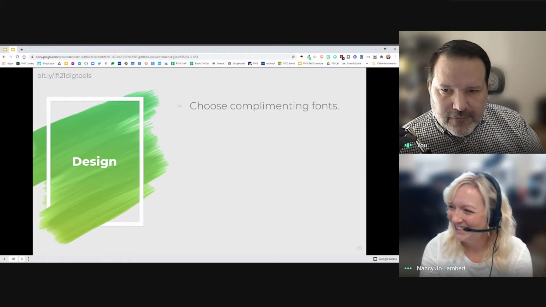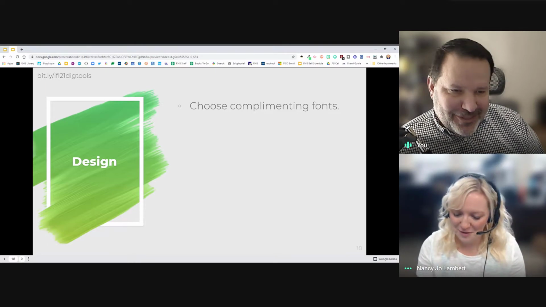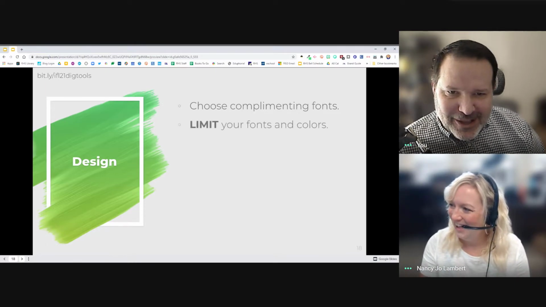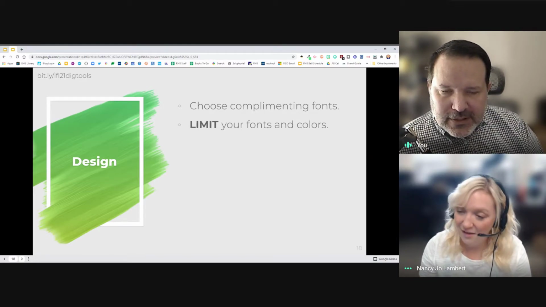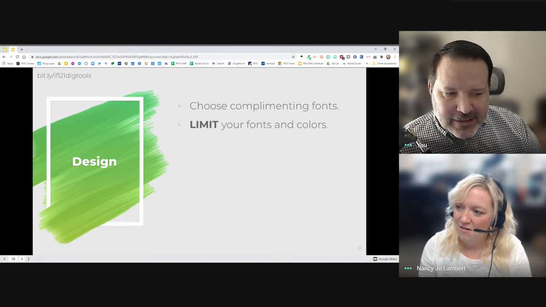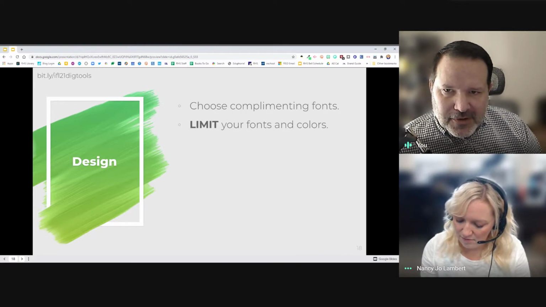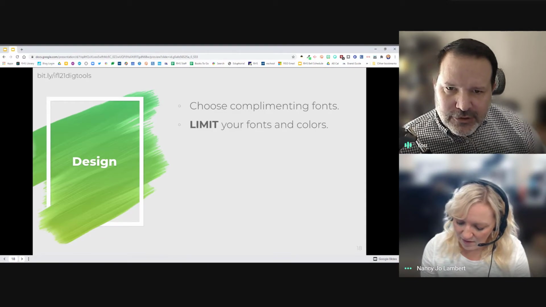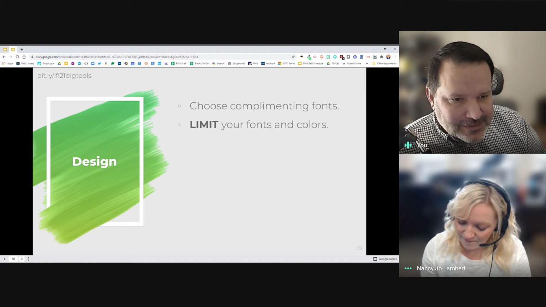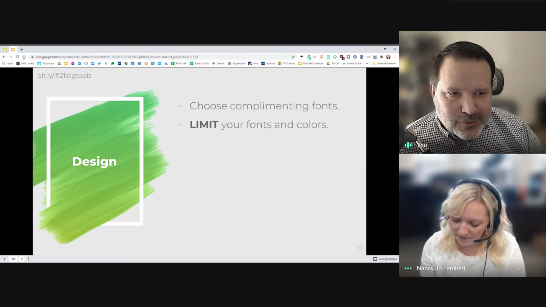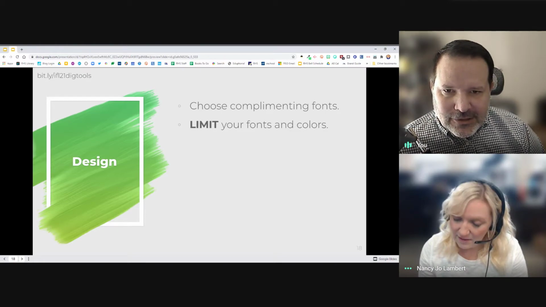I should have made the other bullet first, the one that says use fewer fonts. I'm pretty passionate about people using fewer fonts. When I see things that are created, I know the intention was good, and people get excited when they see how many fonts are out there, especially if you go to Google Docs or Google Slides. And I think it's in Sites now too. You can choose your own fonts. They have so many, and sometimes it's easy to just get lost in those and use a bunch.